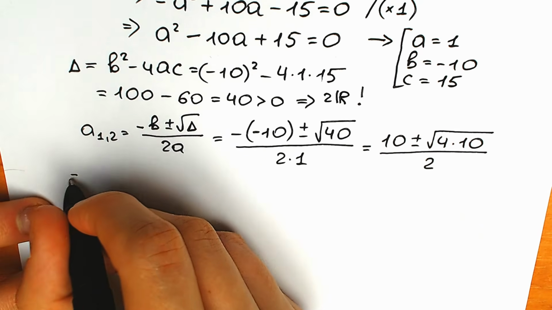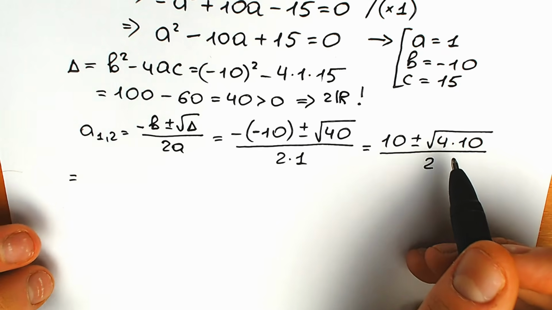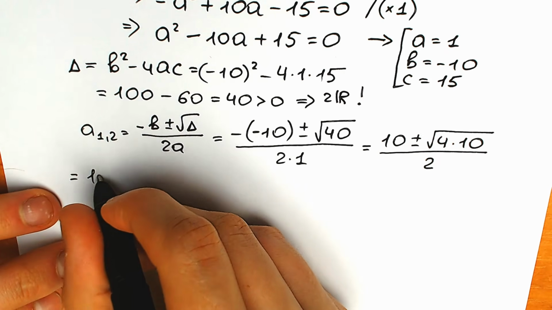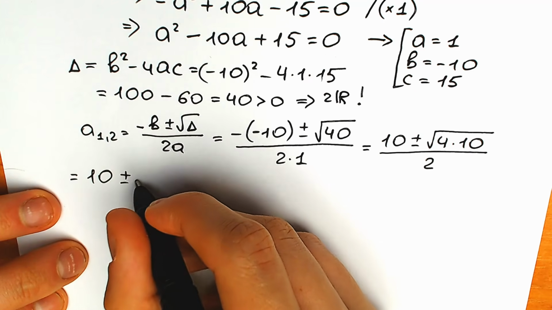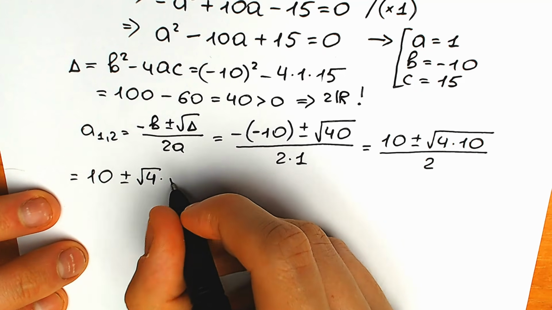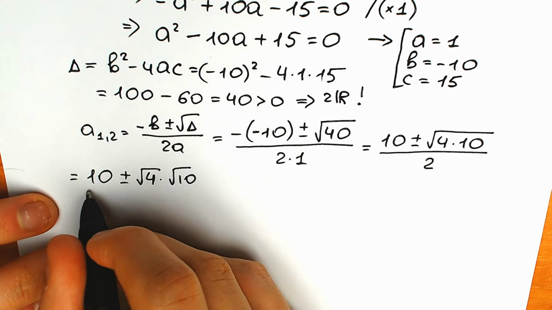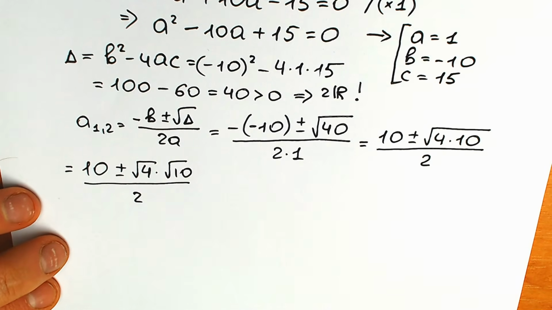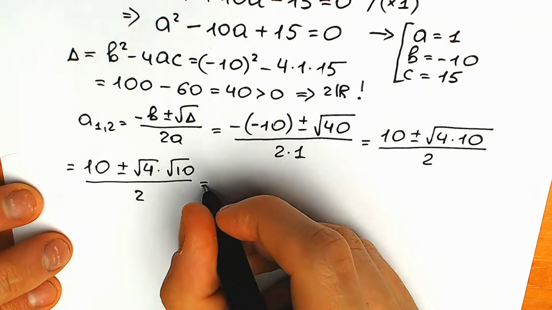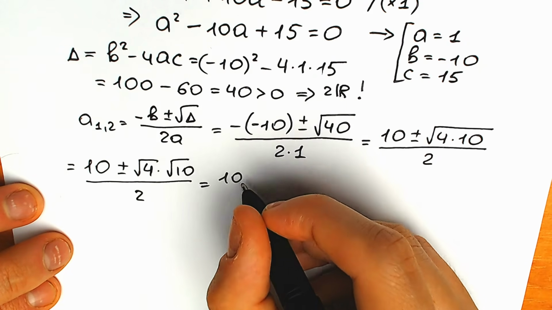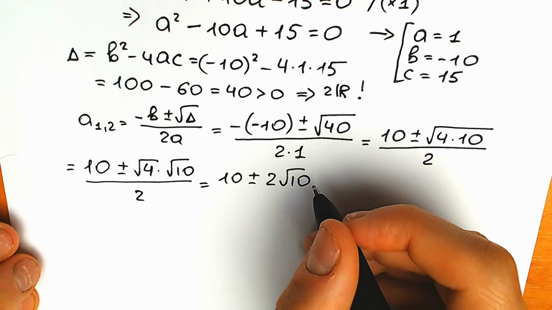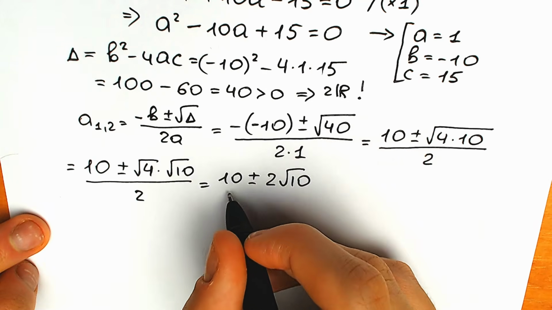But how can we do this? Of course, we can do this according to a square root property: the square root of a product equals the product of square roots. So we have 10 plus minus. We can split it: square root of 4 times square root of 10, and we divide it by 2. And right now, square root of 4 equals 2, so it simplifies this expression a lot. So we have 10 plus minus 2 square root of 10